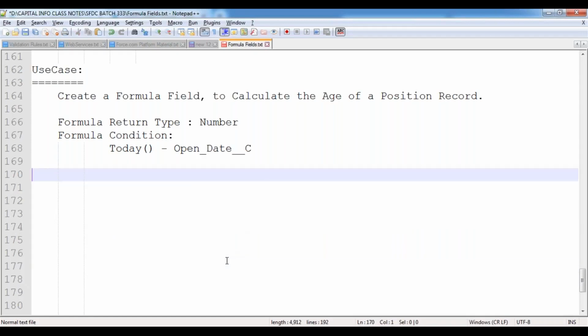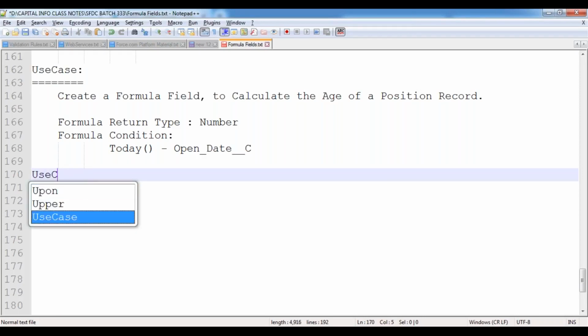The position has been created on, say, the 14th of the month, or the 10th, or the 2nd, whatever. Till the position close date, like some target date is there. So to reach the target date, I want to know how many days are still left. Based on that, we can take some actions over here.